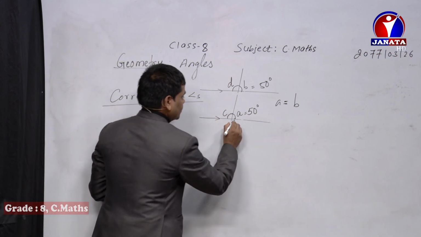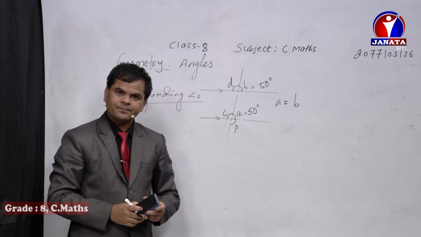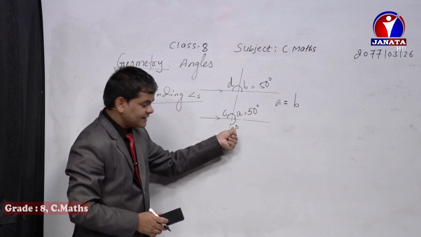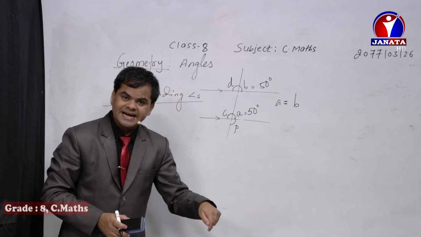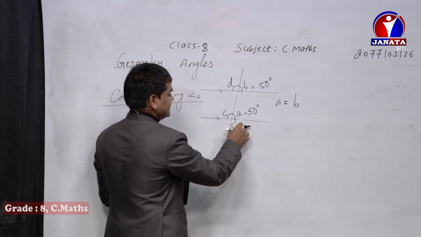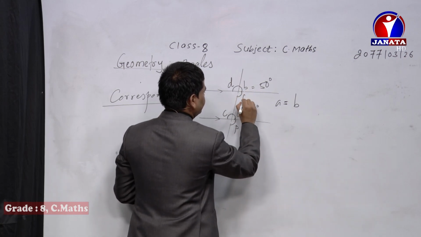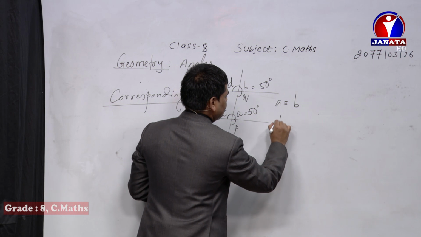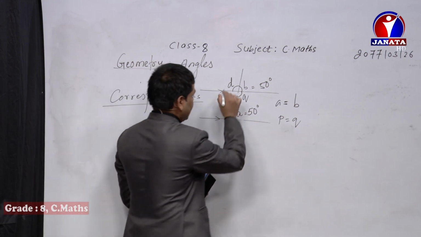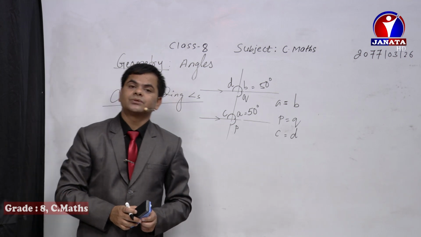Similarly, dear students, let's keep P at this angle. It is on the right hand side and outside. If one is outside, then another should be inside, but both on the same hand side. So P is on the right hand side and outside, now Q is right hand side but inside. Then we can write P equals Q being corresponding angle. And I have already written C equals D as well. They are also corresponding angles to each other.